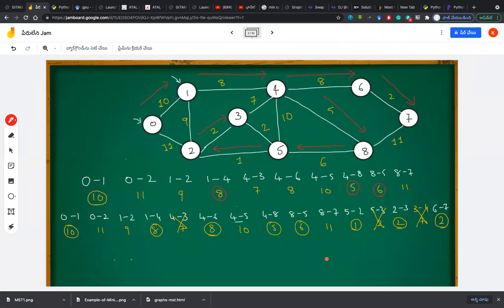Sir, instead of starting from 0, can I start from any other number, and get the same edges? Yes, any other number you can take. The starting number might be given. For example, you can start at 5, you can start at 8. But if you write all these edges and see that cycles are not formed, even though you got a minimum weight, if you select that one and a cycle is forming, remove it and go to its next minimum.